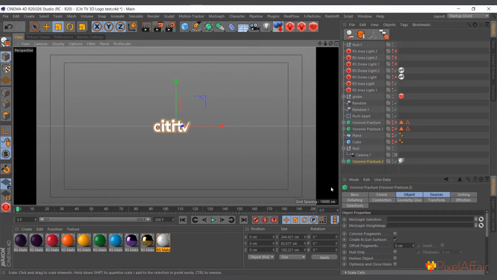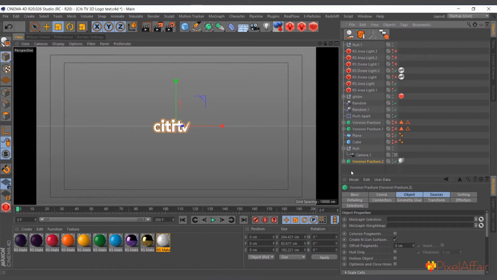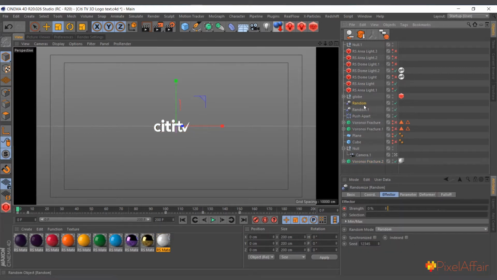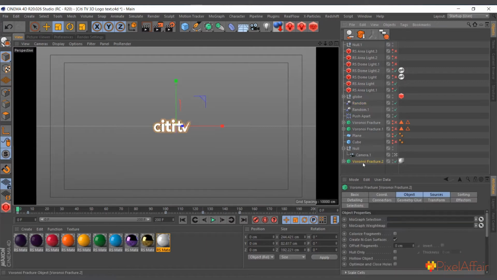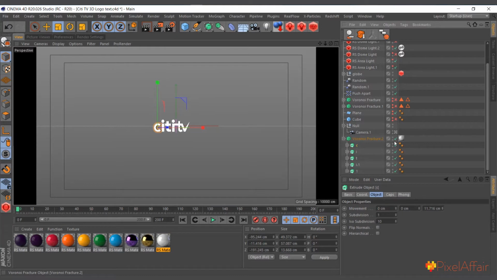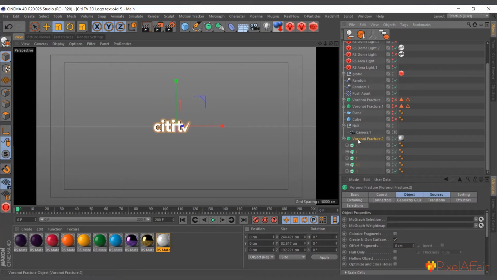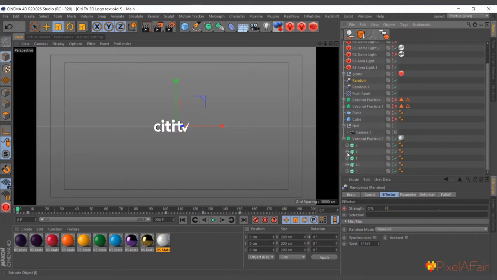So all I did was add it to the Voronoi fracture, and I added effectors. There's no dynamics or anything. All I added was just a random effector. So here I have the Voronoi fracture. Let me actually disable it, and you can see we have the CT everything in here. Then just fracture it. Then I'll add a random effector, and let me simply show you how I did the